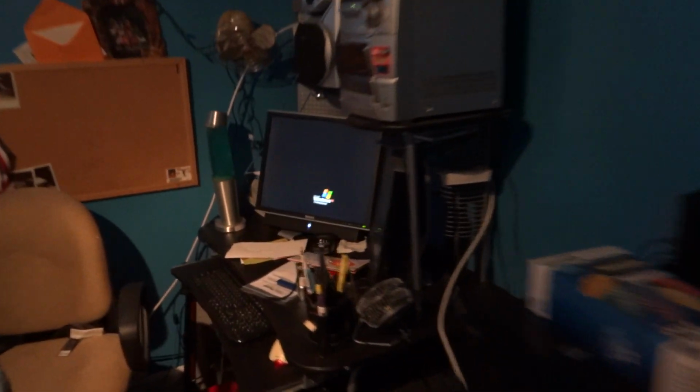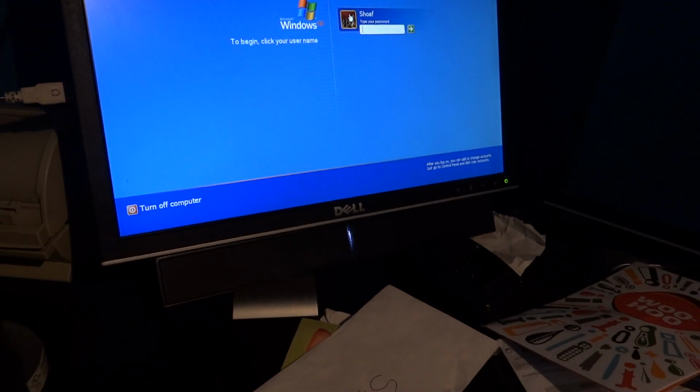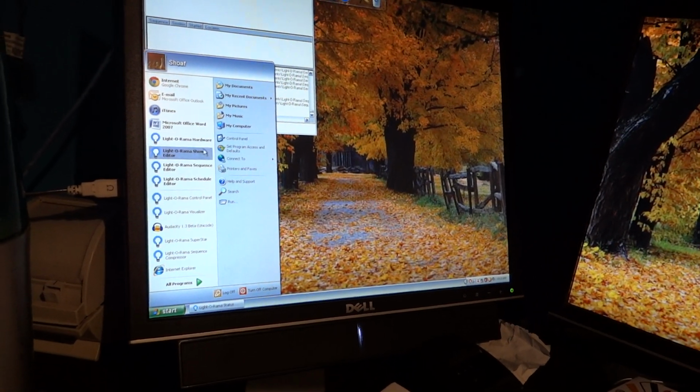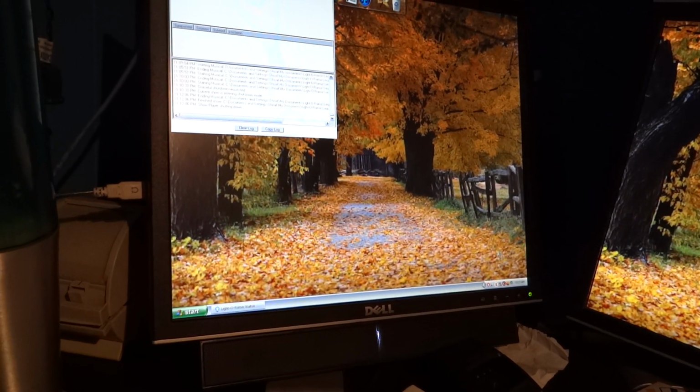Everything is run off of this PC that I got from a surplus sale at ECU. It's all off a Lightorama. It all runs off of this one Cat 5 cable right here. Let me see if we can get in the light. That one Cat 5 cable. If that Cat 5 cable is unplugged, I'm virtually screwed. But everything, sequence editor,